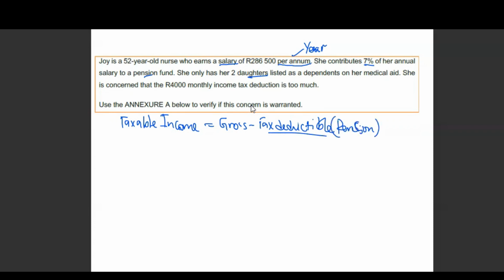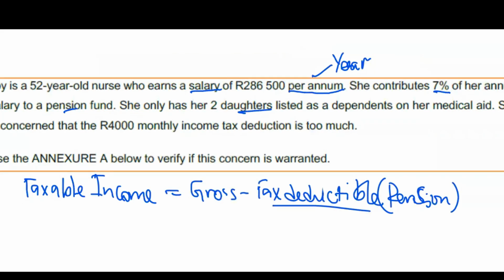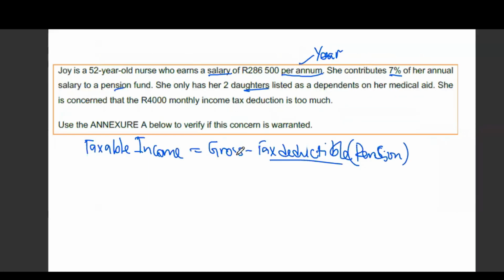All right. So since we have pension, number one, we shall say 286,500 minus 7%